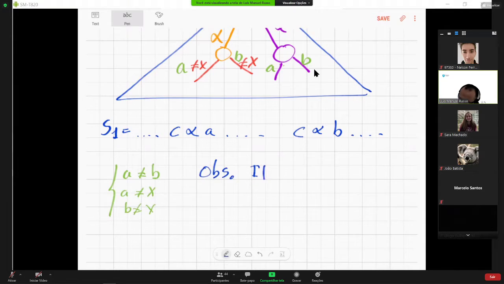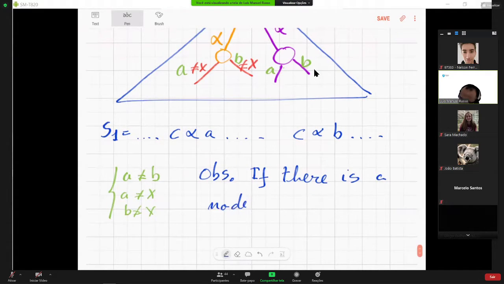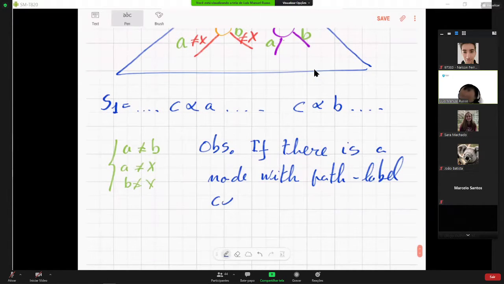If there is a node with path label C alpha, and this is like C dot alpha because it's concatenated, then